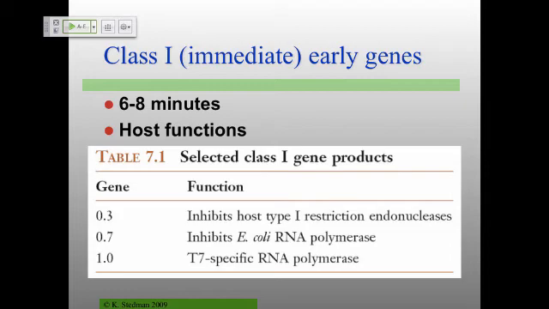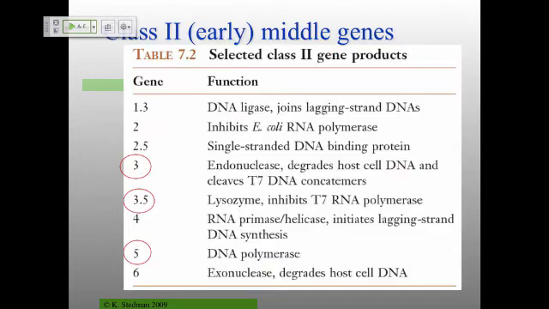Okay, so what are the genes that are made by this T7 specific RNA polymerase? Basically, everything that you need to make more of your own genome and shutting down the E. coli RNA polymerase even more. So it's not just that first gene, the sorry, the 0.7 gene, which does that, also the other ones. Red circles here mean these are the important ones we're going to be talking a lot more about, so you might want to